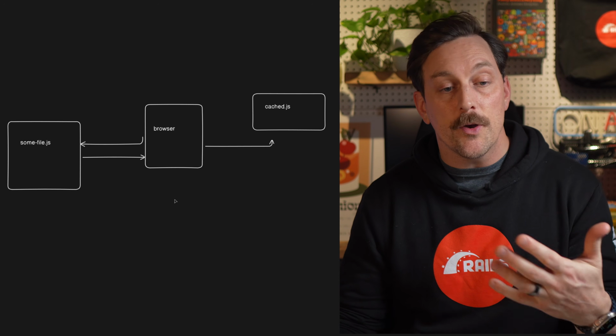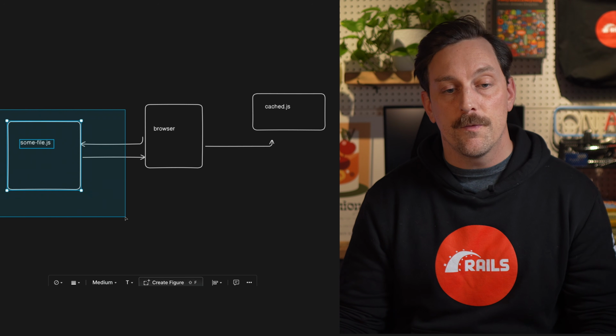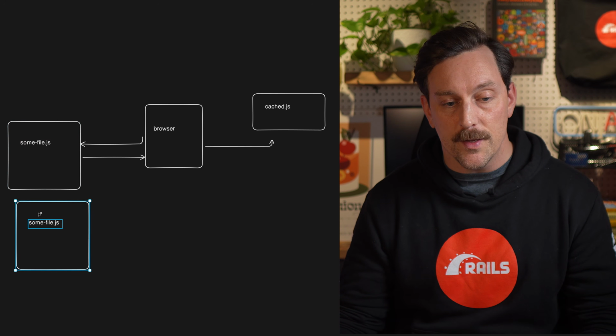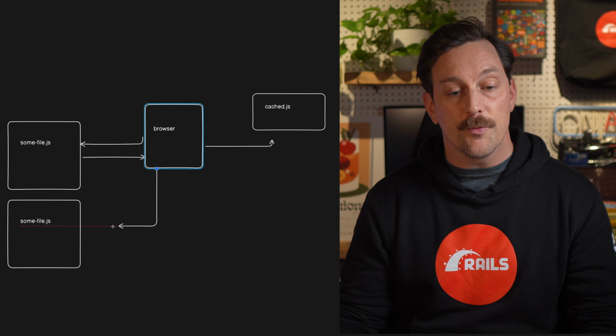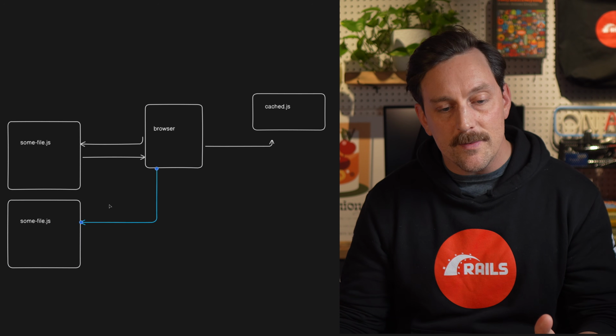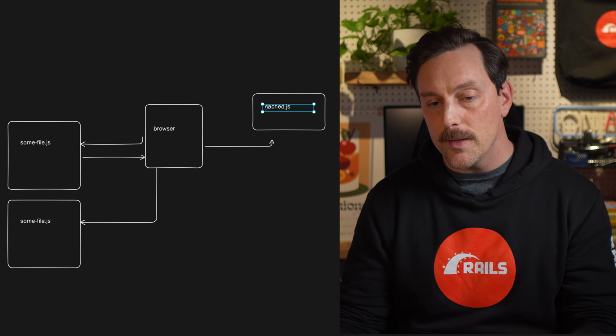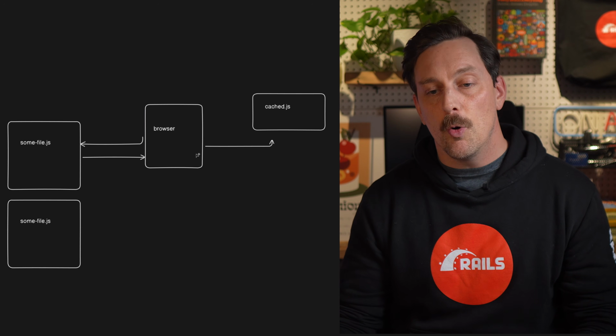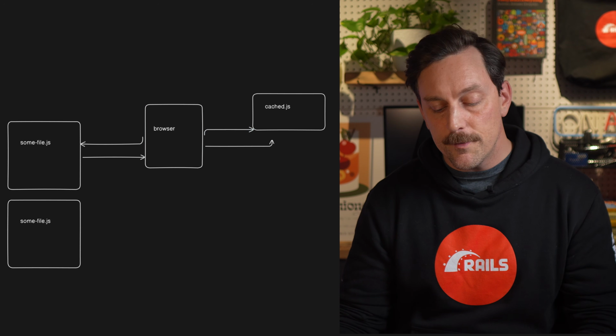So now let's say you're working on your application and you've changed a lot of the code for some of the JavaScript. So now this file's contents have changed. So you have a new file here that you want to serve to the browser. Now, when a user's browser requests this file from your assets, it will notice that it's the same name as the thing it cached earlier. So instead of actually grabbing the file from your server, thus grabbing the new one, it will go back to its cache instead. And this file will just never be seen until the user's browser's cache has cleared. I'm not sure how long that is. It probably depends on the browser, the user, etc. But suffice to say, you're going to have a lot of misses on this new JavaScript code that you just wrote because it's just the same name.